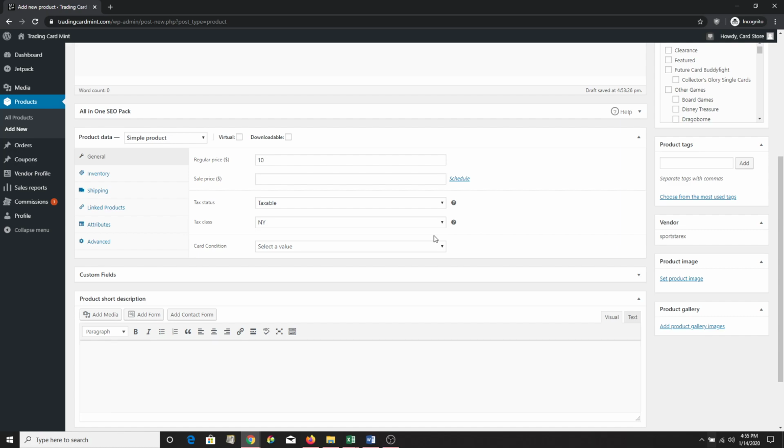Card condition. You can go ahead and select your card condition. If you leave this blank and or don't select the value, it'll default to mint new. So you can go and select this mint new, near mint, lightly played, and even you can specify first edition if you'd like to. We don't allow anything